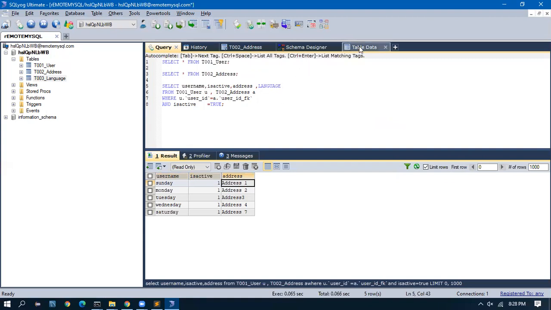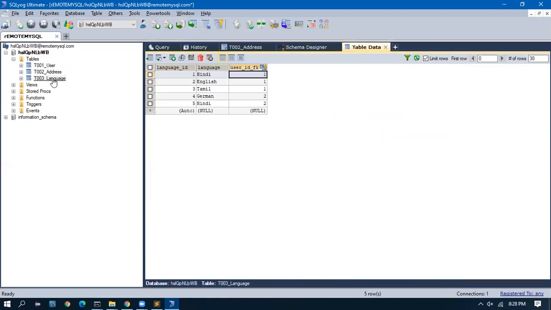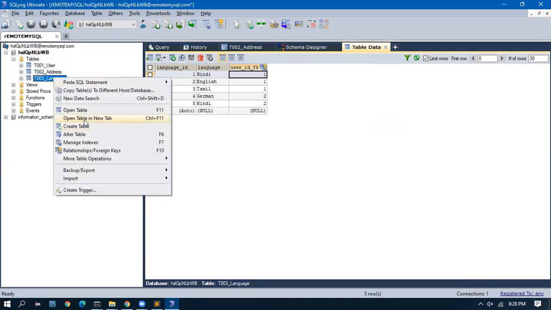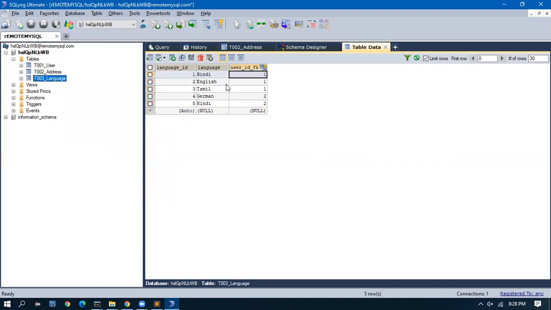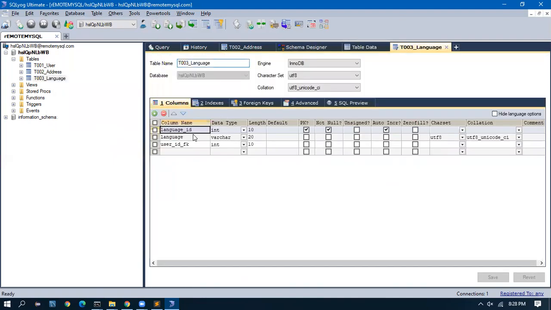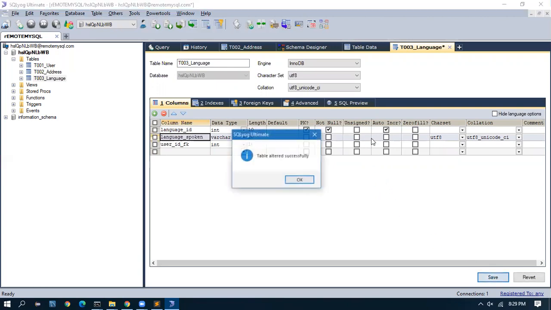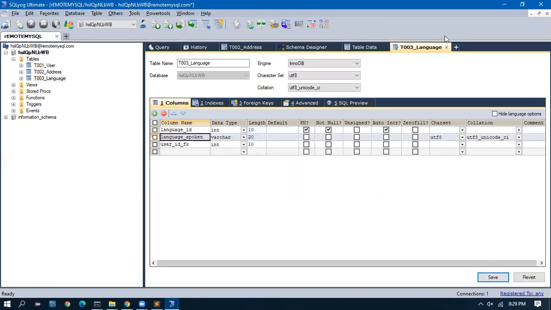Okay, language seems to be a keyword. So I'll rename this column as language spoken. Okay, now I'm good.